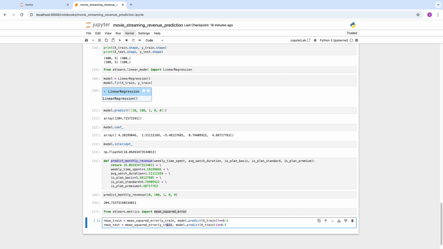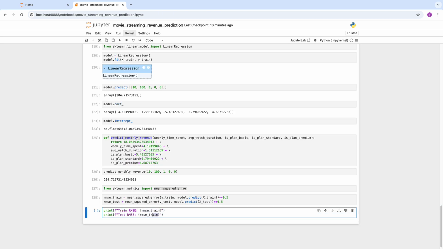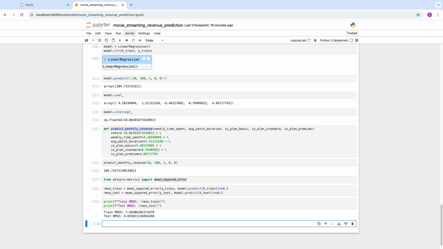Let's do the same for the test dataset. Let's print both the results now. So the train RMSE is about 7.97 and the test RMSE is about 8.65. This means that our model's predictions are usually within $8 to $9 of the true revenue. And since the train and test errors are very close, it shows that the model is generalizing well and it is not overfitting. With the model complete, let's now deploy it as a simple Streamlit web application so that anyone